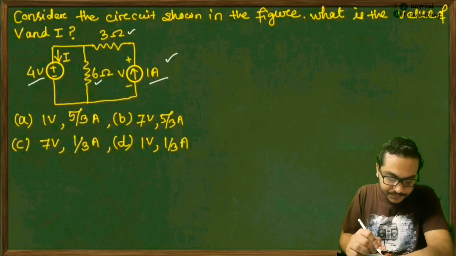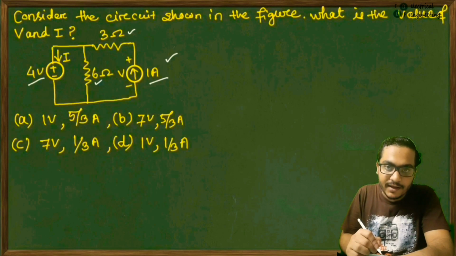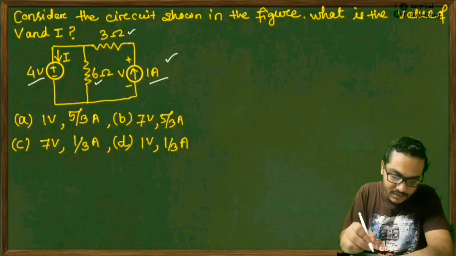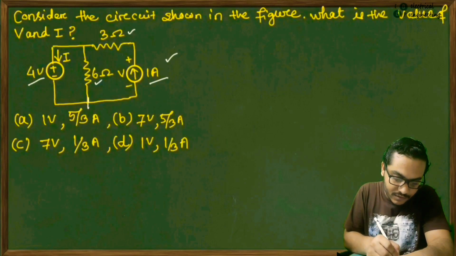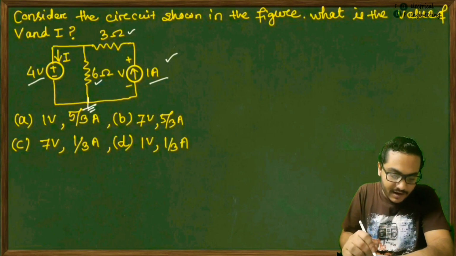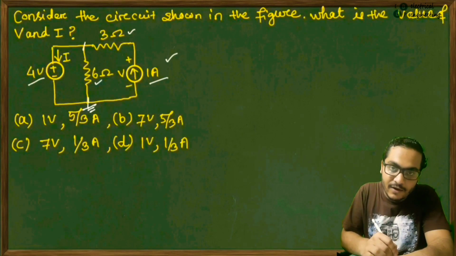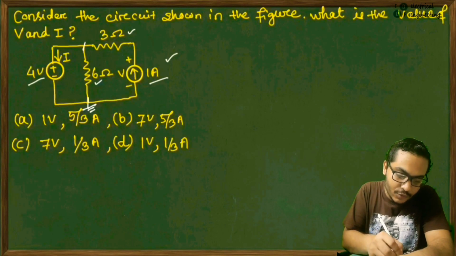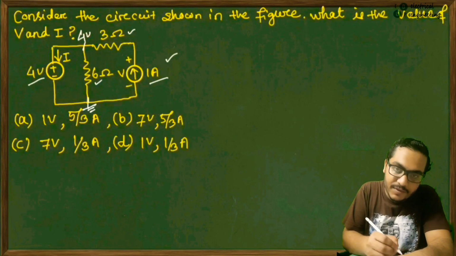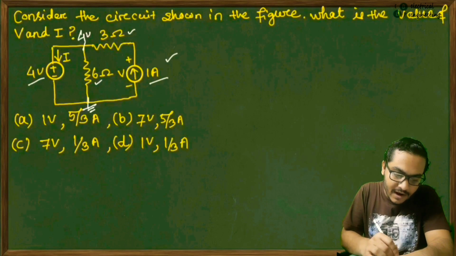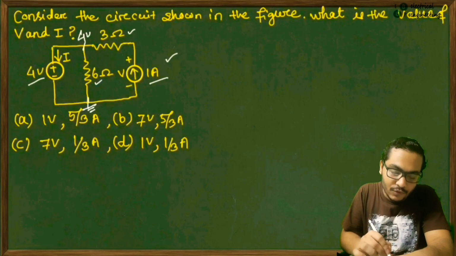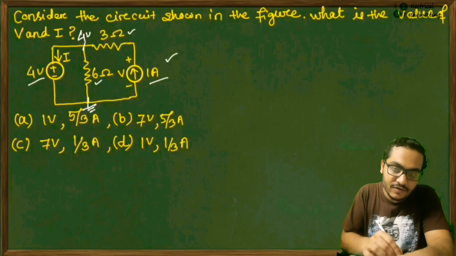So here let's apply nodal voltage analysis. The circuit will be very easy to solve. Let's consider this to be your reference node. Here, as the 4 volt is connected between this node and this ground, the voltage at this node will be equal to 4 volt. This is very obvious, meaning this is 0 and this is 4 volt. So the node voltage at this point is your 4 volt.